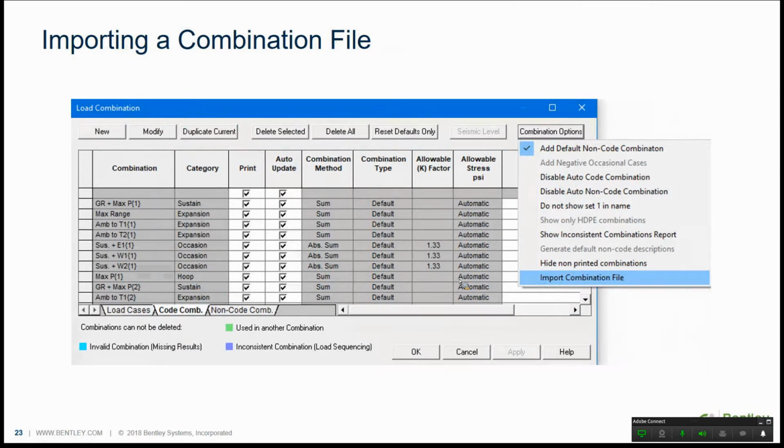Okay, so just finishing up, we have one last topic here, which is importing a combination file. While AutoPIPE automatically creates load combinations required by the code, as we've seen, and you have options to create user combinations, as we've seen, there are also many other combination options that users are unaware of. One of the options is being able to import a combination file created by the user for code and non-code